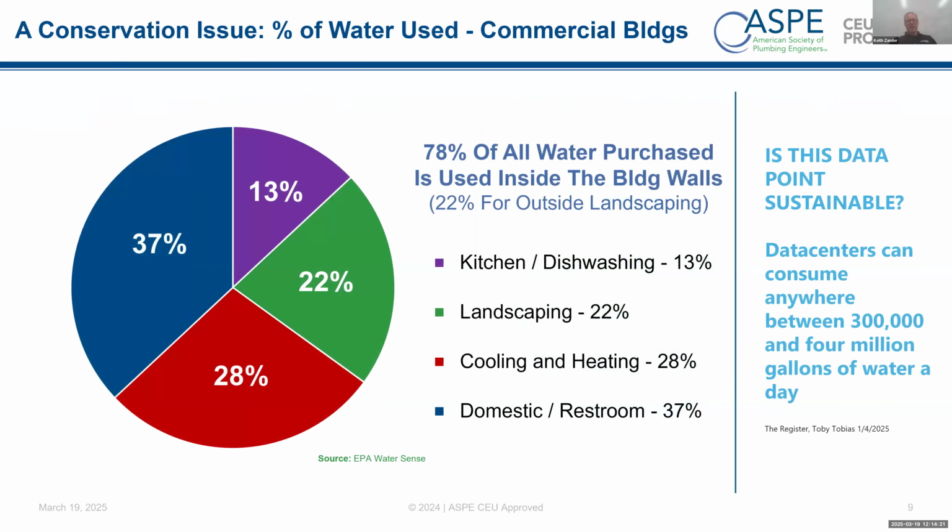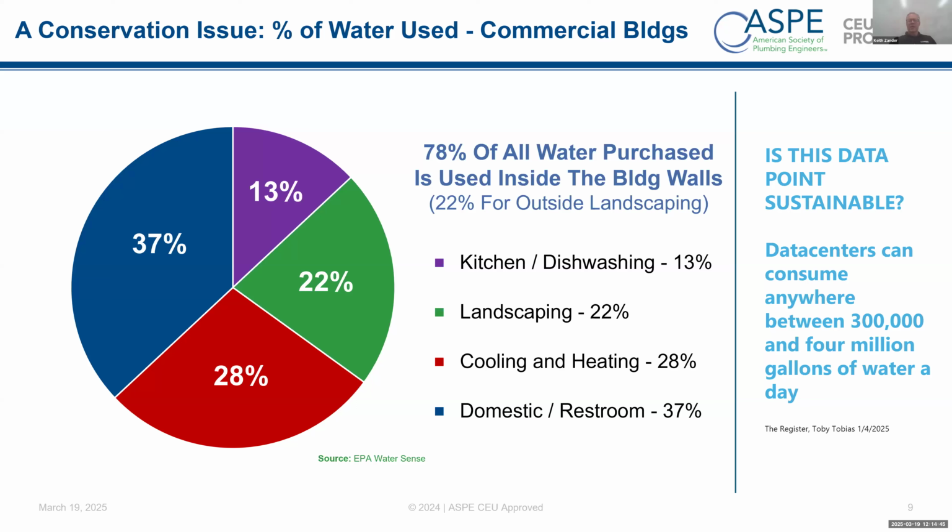This slide here is really just to show you that 78% of all the water that's purchased by that meter, that flows to that meter, is used inside the building. Obviously, it's going to depend on the geographical area where you're at. 22% is for outside landscaping, and then you've got a percentage that's used for heating, cooling, those type of things. And so, really, the question here is